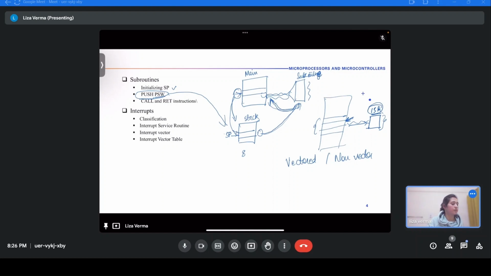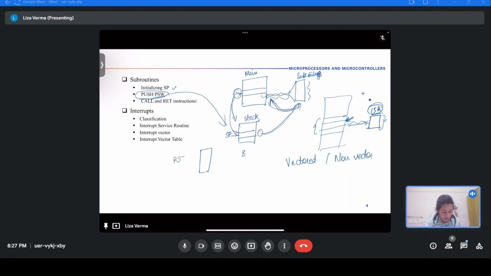Then yeah. So the interrupt vector is just the address of the ISR to which the MUPI will jump if the interrupt occurs. And the interrupt vector table is just a list of addresses or the locations specified for any interrupt. Let's say, for example, for